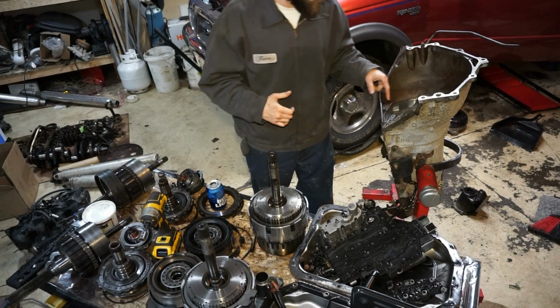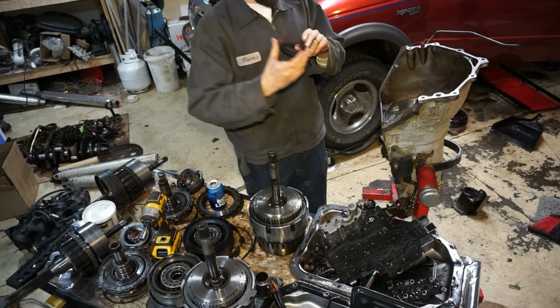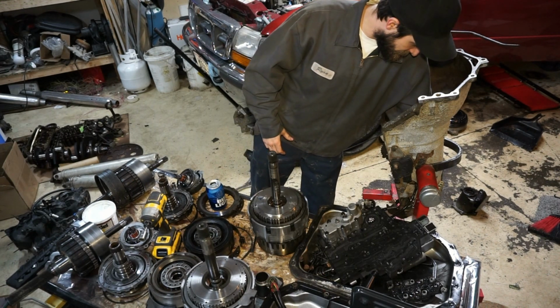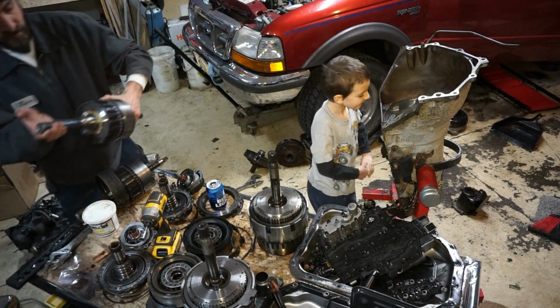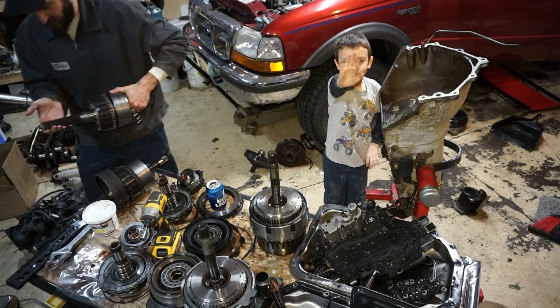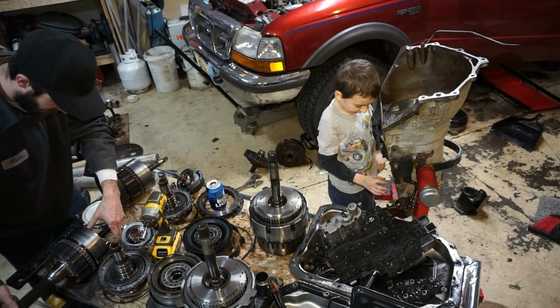So I already got the rear little thingy dingy here in the back, so I'm gonna put that back in. I have the rear carrier assembly pretty much ready to go. I got this little thrust bearing thing on the back side. Thrust washer. I'm gonna reseat my,